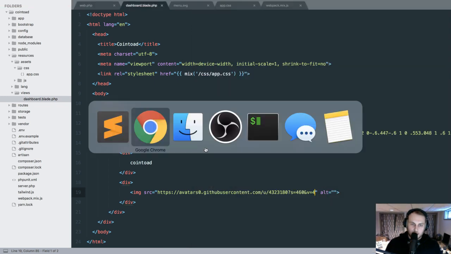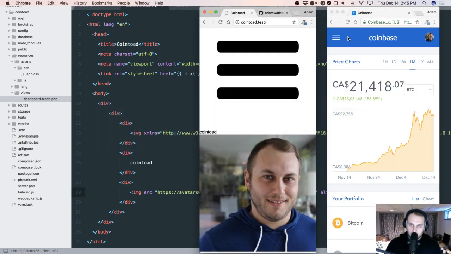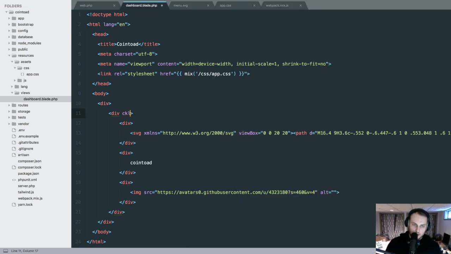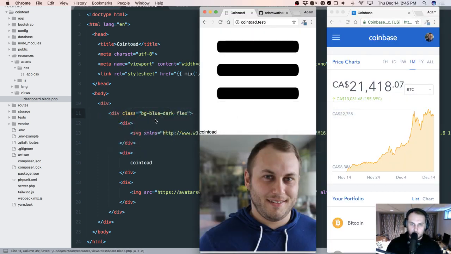So let's see here. So we've got some blue up here. I think that's going to be pretty close to Tailwind's blue dark background color. So let's go with blue dark. Let's make this display flex since we're going to need to have all this stuff inline. And